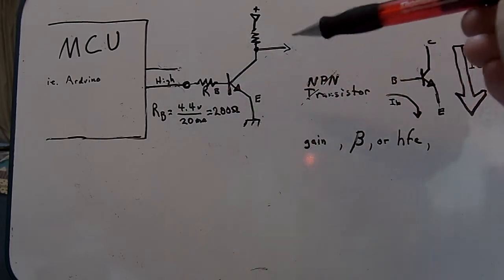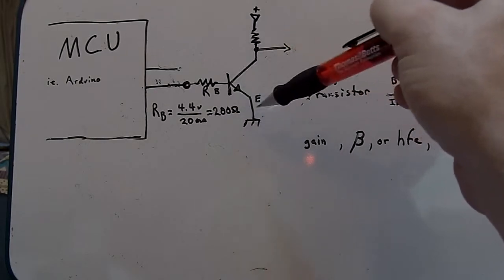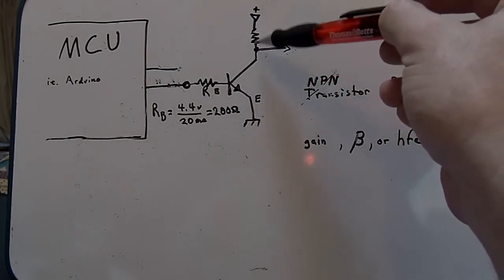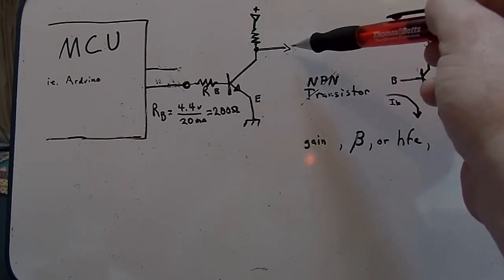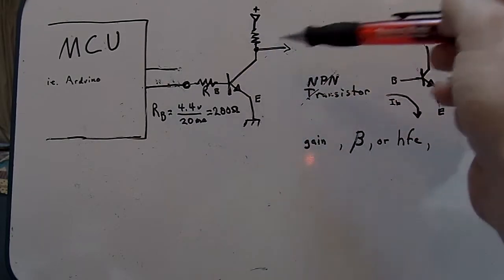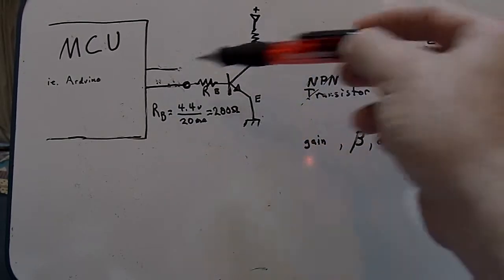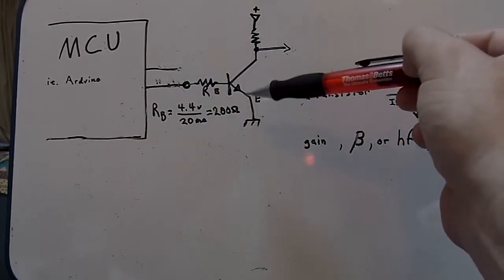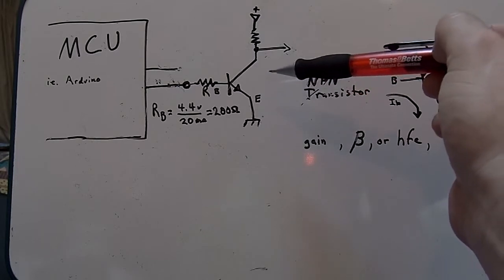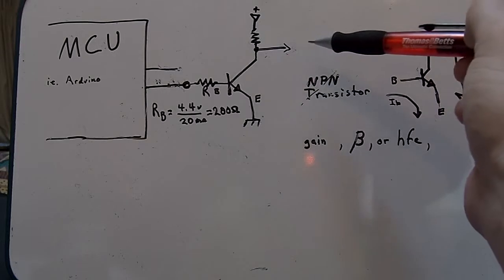I take this high away, make this a low, the transistor is no longer flowing, then this pull-up will pull the voltage up to the supply voltage. So now I'm high. Now I've got a low in and a high out. So I've actually changed the phase. I've actually changed from a low to a high or a high to a low using this circuit. This could be called an inverter or a buffer, and it could give me a little more current flow if I needed it. Not much though,